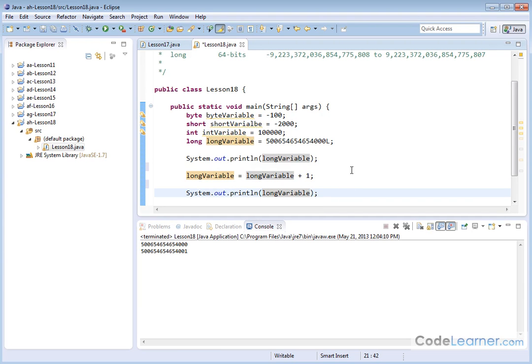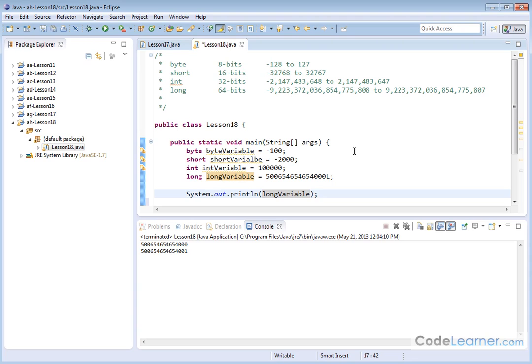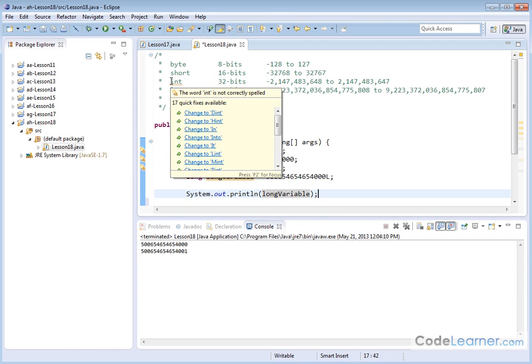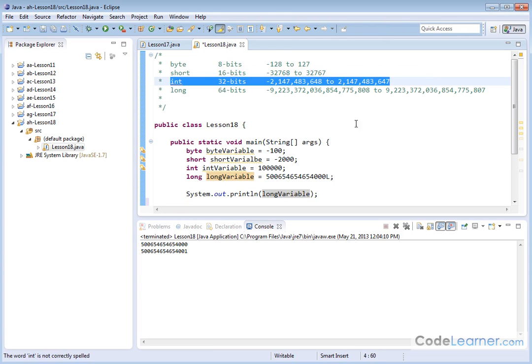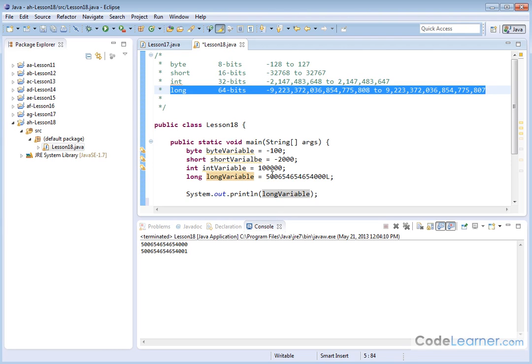So this is kind of a long-winded explanation for a pretty simple concept. I just want to make sure you understand the different types of integers available to you in Java, but again, talking about some of the gotchas here. To summarize, 99.9% of the time, if you need a whole number, just use integer. All the default numbers you type in are going to be assumed to be integers. All of the adding, subtracting, multiplying, dividing are all going to be done in terms of integers, so just use integers. If you really have large numbers, declare them as long,